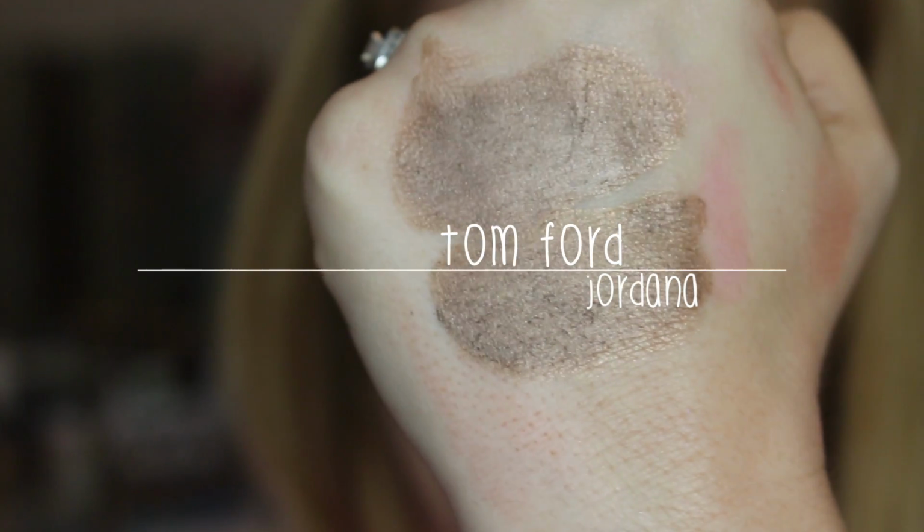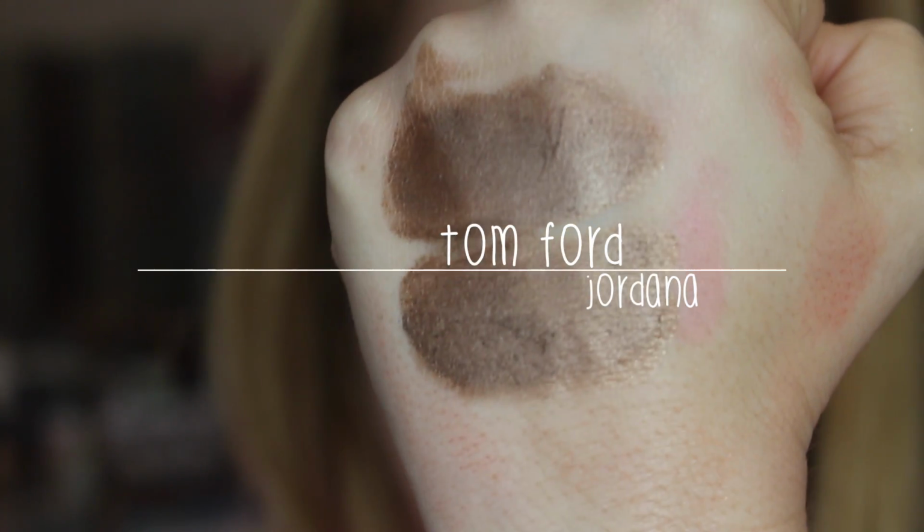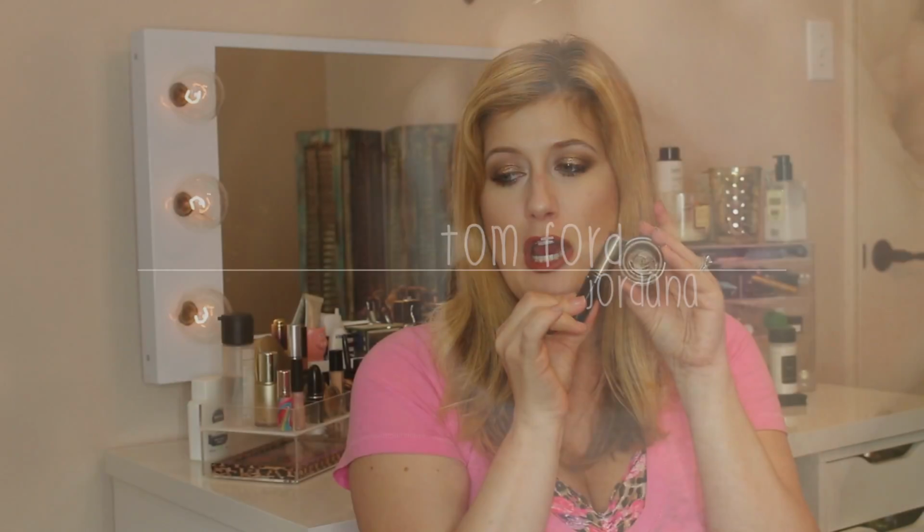However, I have since found the Jordana Made to Last liquid eyeshadows in the color Immortal Metal, and it is the same color and same consistency as the Tom Ford Platinum. It's cheaper, it's available, because I think Platinum was limited edition. But Jordana is $5. It's available all the time, and it has a doe foot applicator,